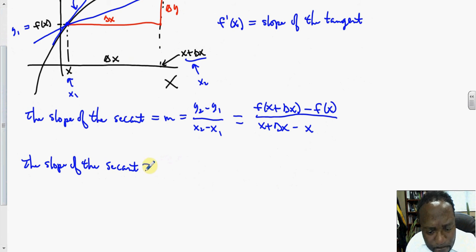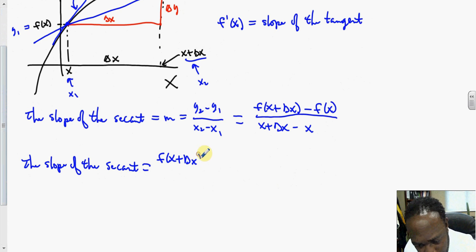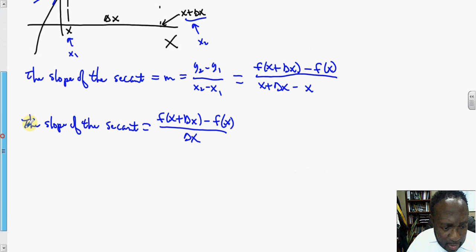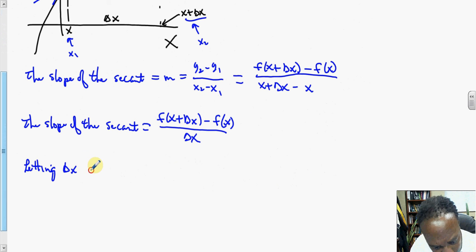Anyway, the slope of the secant comes out to be f of x plus delta x minus f of x all over delta x. The x minus x cancels out downstairs. Now if we minimize delta x, here letting delta x go to 0,